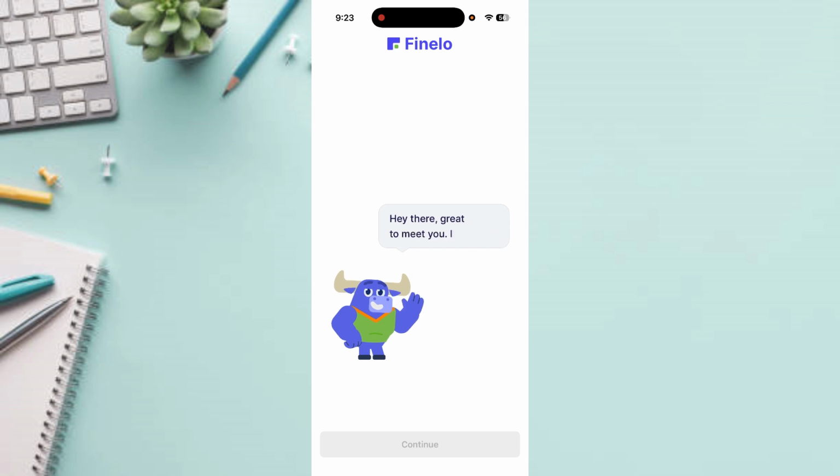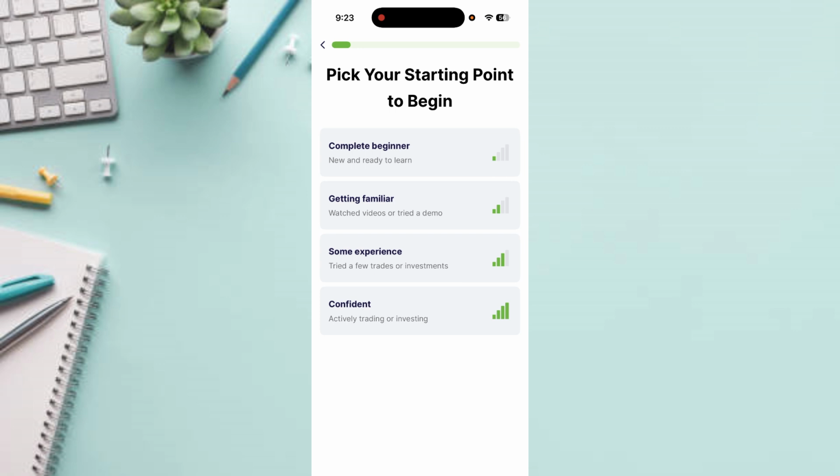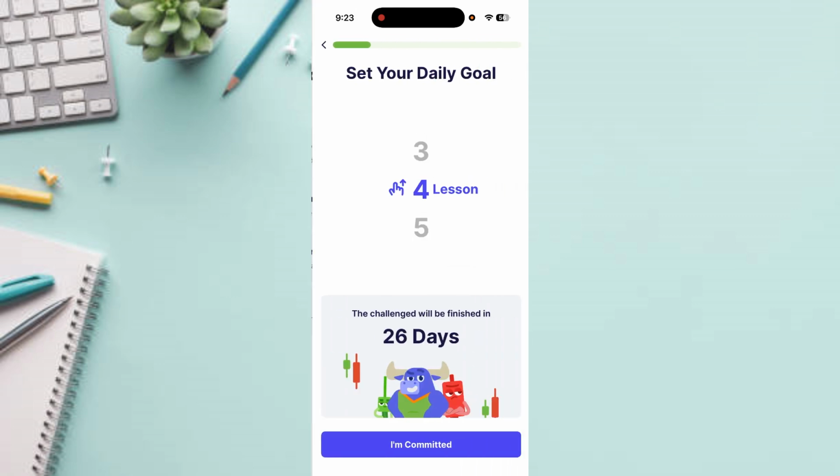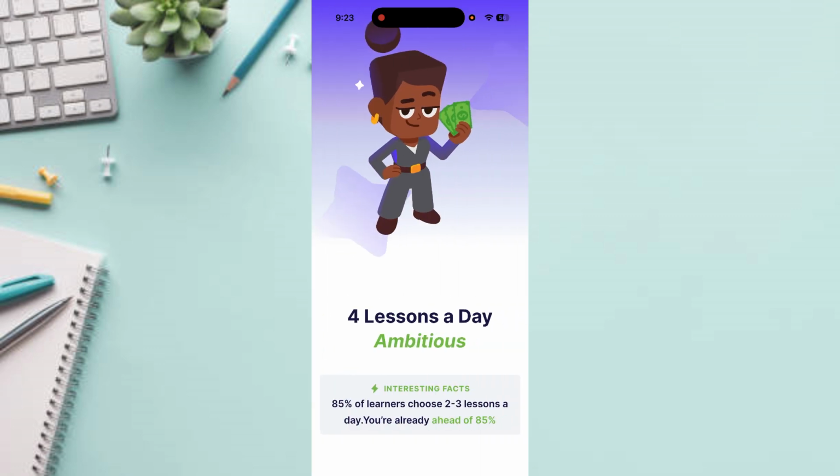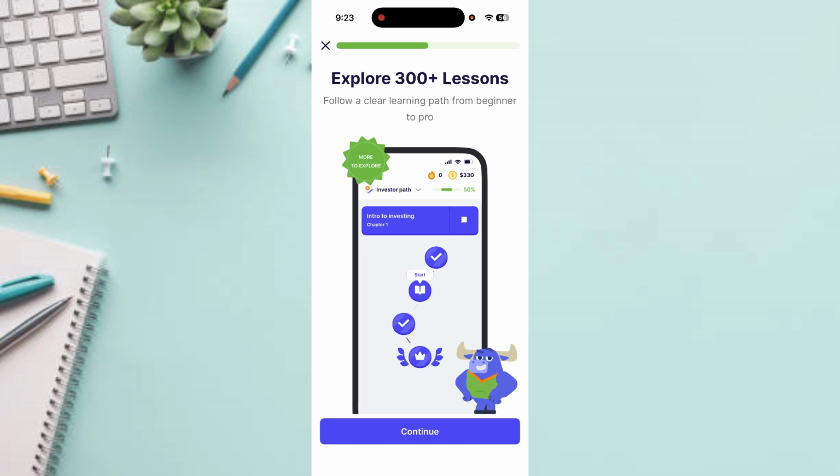And then just go to the next screen here. So now you're going to start up with the challenge. So hit on continue, and then pick your starting point to begin. You can just choose your point based on your experience. So I'm just probably, I would say, getting familiar. That's fine. I'm committed, and then it's going to build your lessons that you need to complete every day and